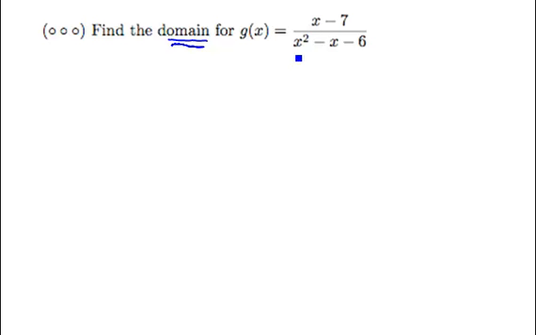So the structure I'm looking at here, since it's involving division, leads me to ask the question, when does x squared minus x minus 6 equal 0? And again, the solutions to this problem will be numbers that are not in the domain. So the domain will be everything except when this happens. But notice we've reduced this problem now to a very familiar one. We have solved quadratic